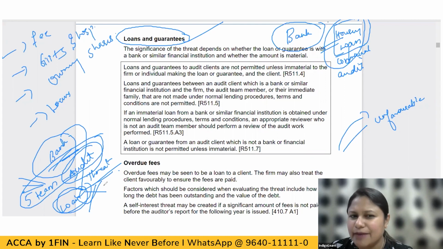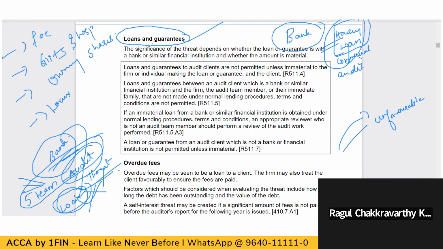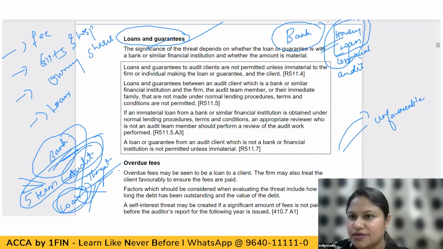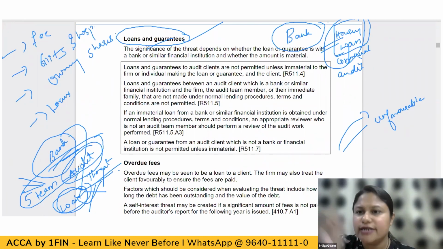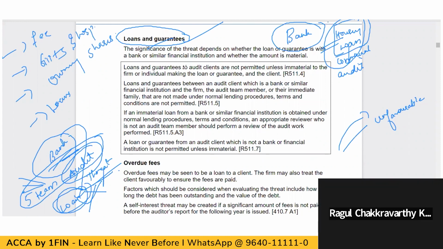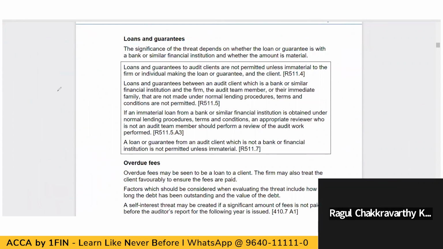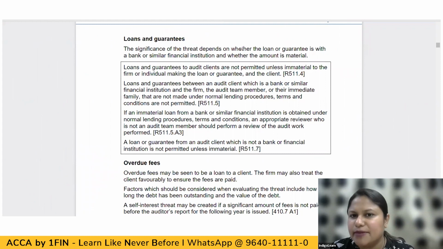So don't you think this will impact my interest, because of which I will actually give a favorable opinion? Yes. So that is said, loans and guarantees are also not acceptable. So what will be the safeguard? Do not accept any loans, any guarantees. Do not give, do not take from the client. Okay. Got it? So now, the significance of the threat depends upon whether the loan or guarantee is with the bank